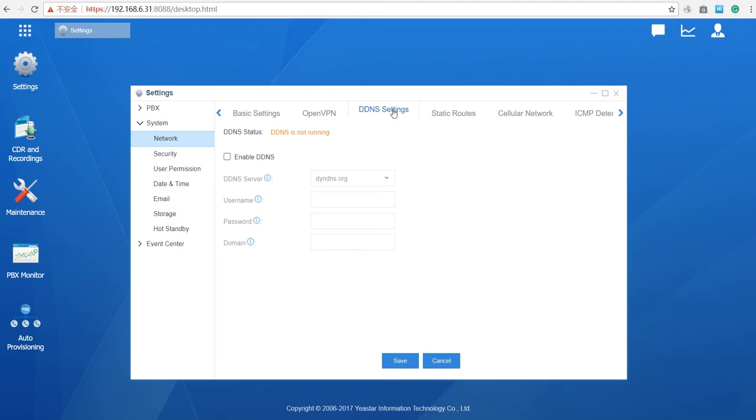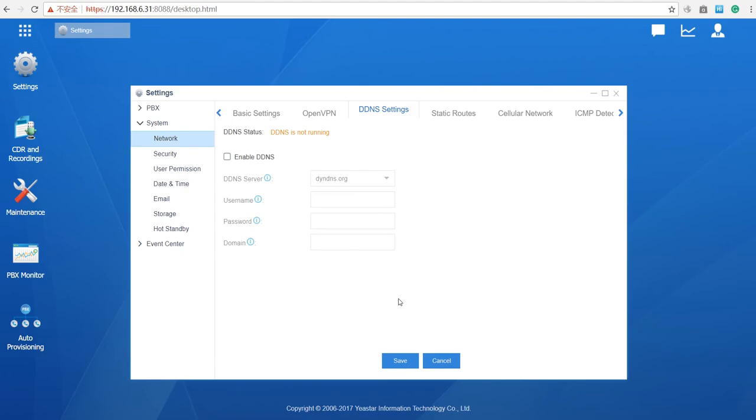This is very expensive, and a lot of users will choose to use DNS, which will keep updating a domain name and create a permanent interface for outside equipment to get access to your own system. This is what DNS is mostly for. If you have a static public IP address, you don't need DNS. But if you do not have a static public IP address, because it can be very expensive, you will have to use